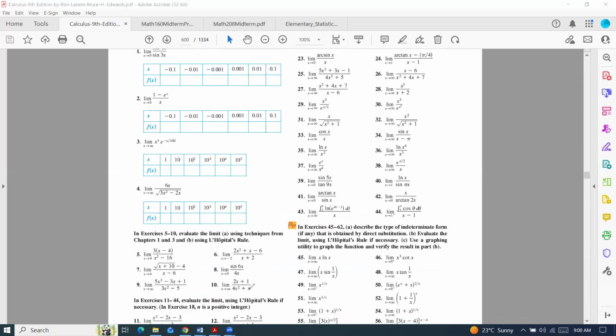So I want to start with this exercise where we clearly have infinity over infinity, an indeterminate form. And the topic of that section was to take a limit of the derivative of your numerator as well as the derivative of the denominator, right? So if I take the derivative of the top